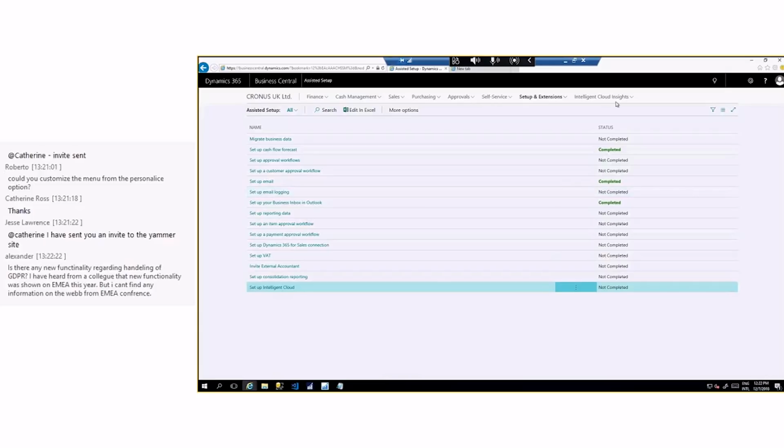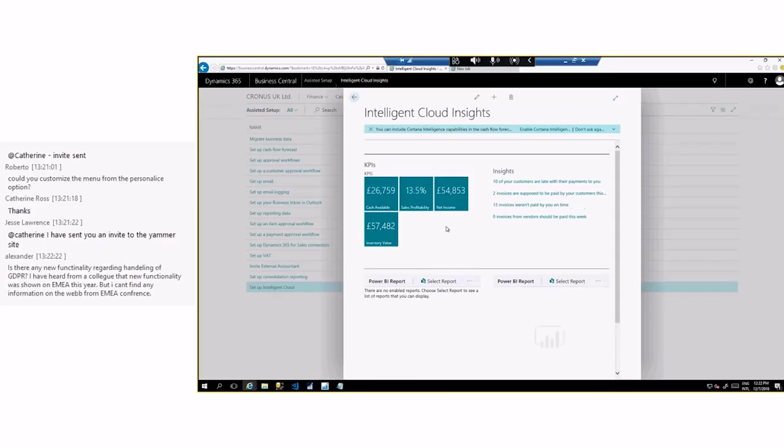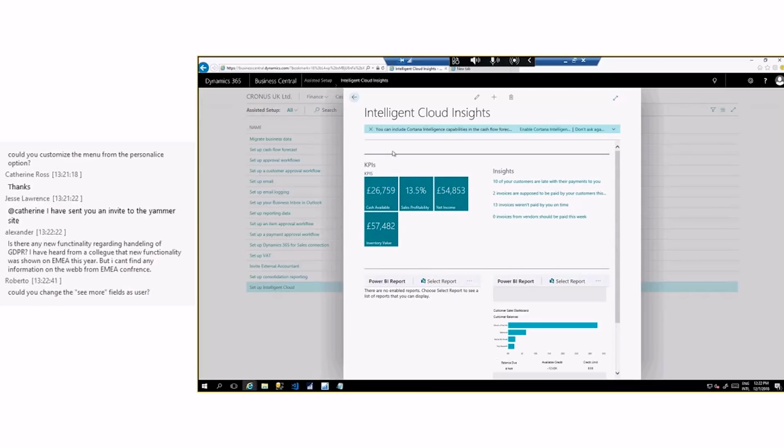But the idea behind this is to have the Intelligent Cloud Insights available for an on-premise solution. So the Intelligent Cloud Insights, of course, is only available for the cloud-based solution, not available for the on-premise solution. That's another difference between the two. And between the two solutions, if you wanted the Intelligent Cloud Insights, you have the ability to synchronize your data